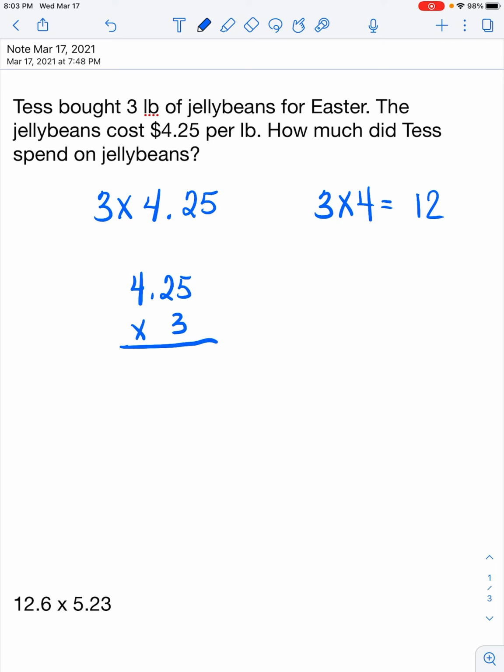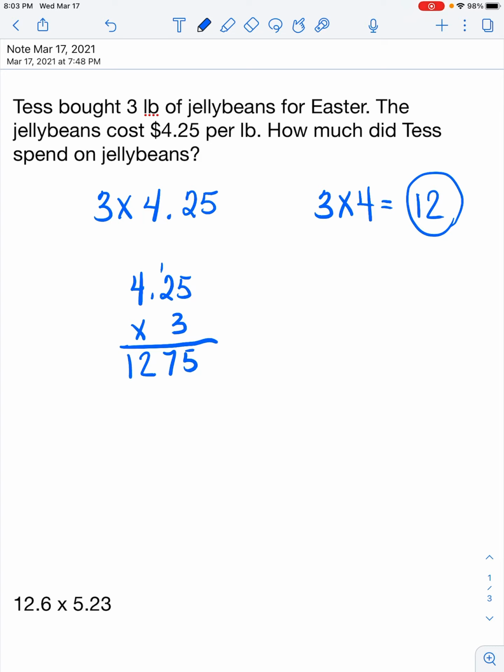After I get my estimate, I am just going to ignore the decimal point and multiply these two numbers as if they were whole numbers. So I know that 3 times 5 is 15, and 3 times 2 is 6, and 1 is 7, and 4 times 3 is 12. And so I'm looking at this and saying, well, she definitely did not spend $1,275 on jelly beans. So I'm going to go back to my estimate and ask myself the question,